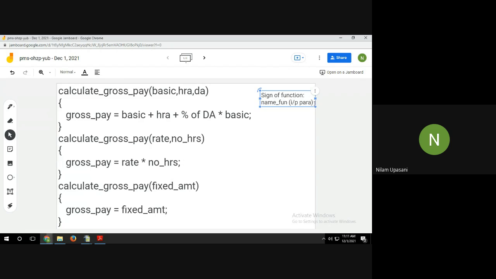Suppose you are writing main over here, say for example,